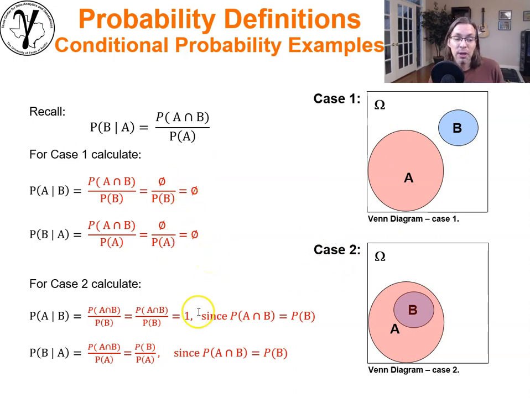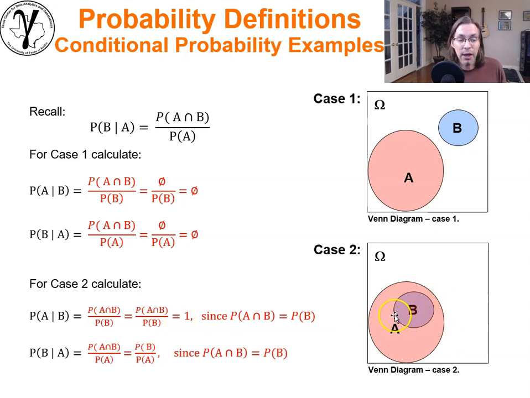Now in the second case, we have something really interesting going on here. We can take the definition of probability, the intersection of A and B divided by probability B. And what we're going to find out is that if we shrink our universe to B, A always occurs. And so in this case, it's just equal to 1. They're both equal to each other. This intersection of A and B is equal to probability of B.